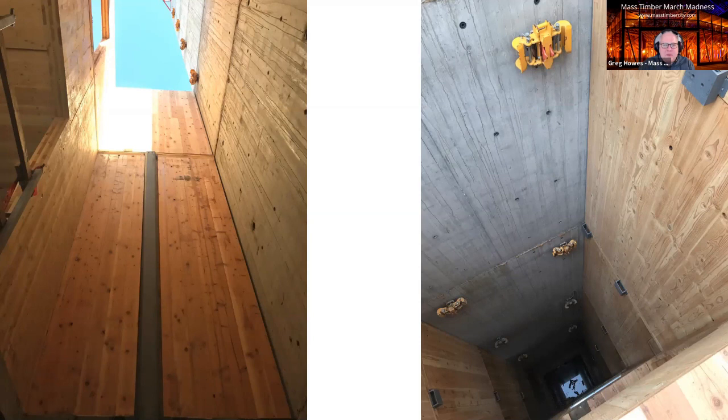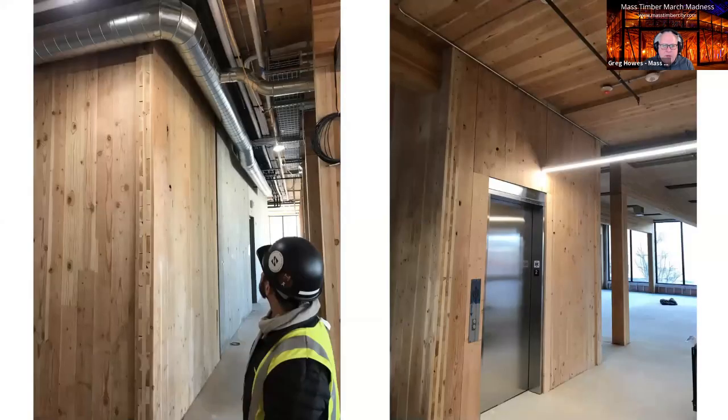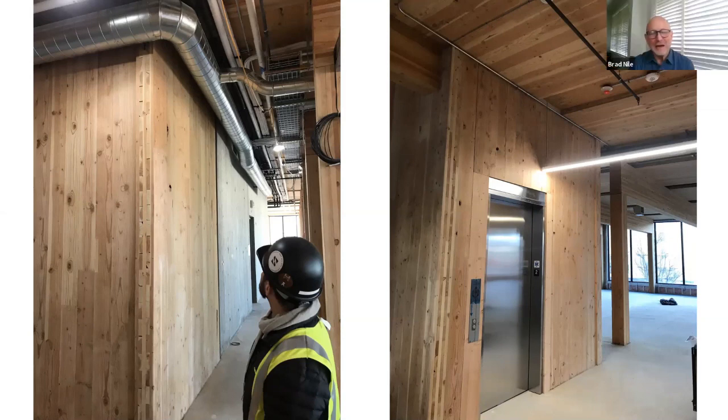Okay, and then a couple more from Scott. At the district office, given that typically the rough opening for the entrances are absurdly large, can you talk about how you infilled the shaft wall to the entrances and maintained continuity in fire protection? Wow. Oh, it's a fabulous question. Outstanding question. Well, part of the reason this worked is that